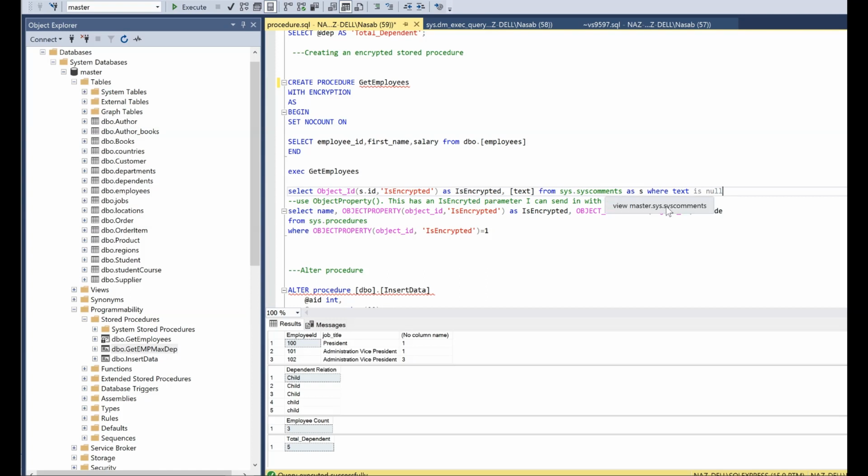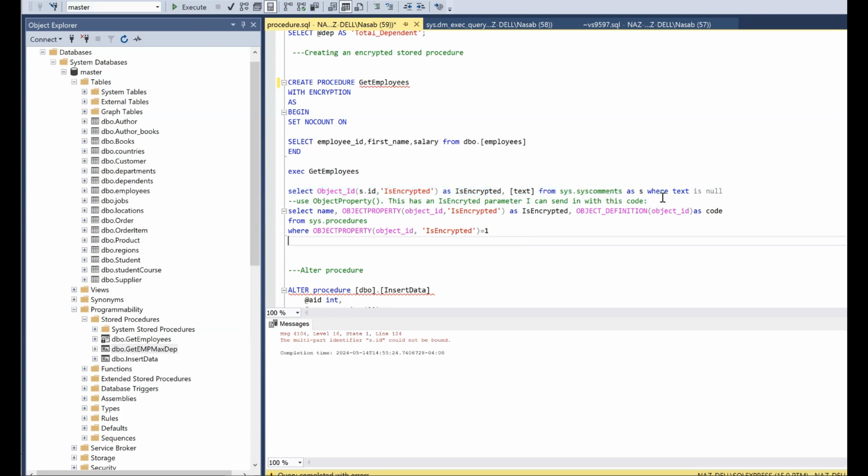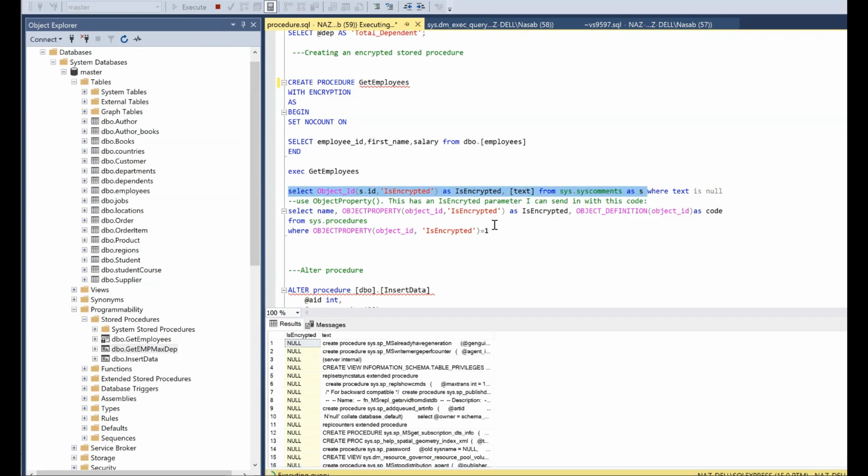from sys.syscomments where text is null. So let's go. Sorry, don't run it like that. It should run in this way, up to here. So you can see that